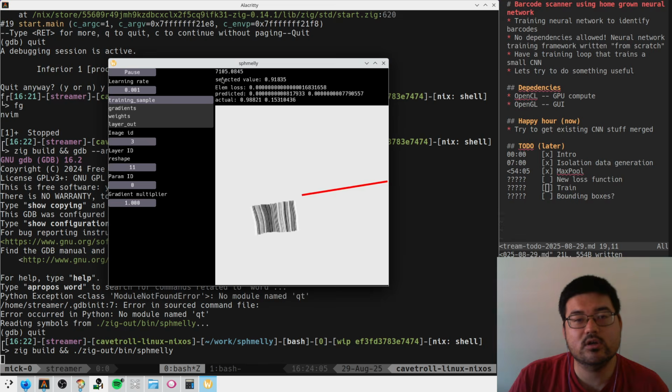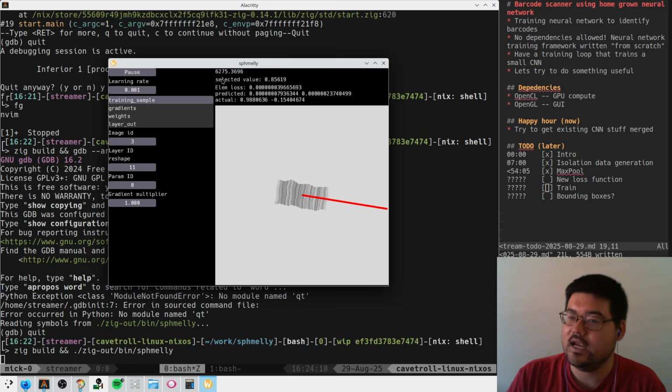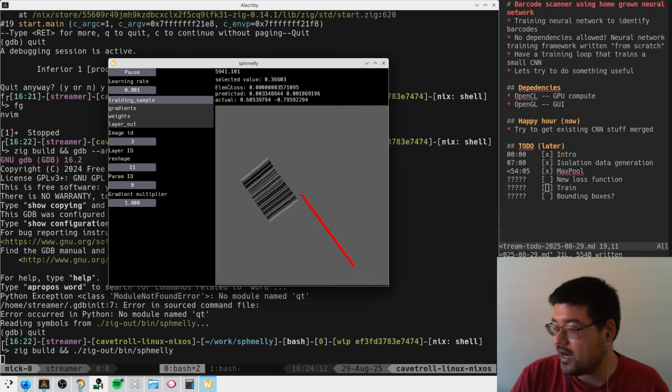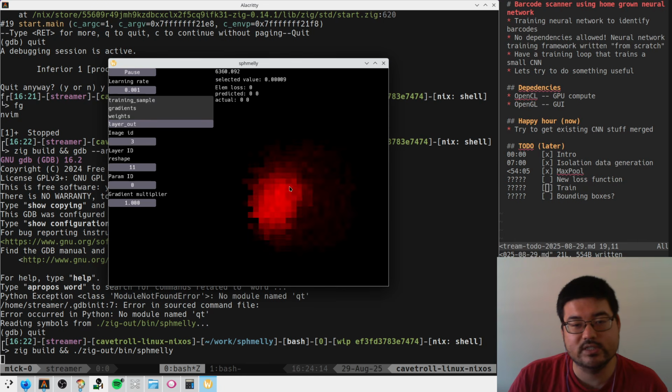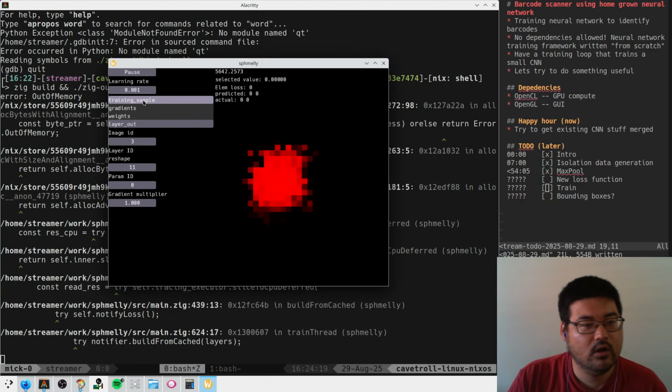So it does look like the training data here is correct, right? We're starting to see this start to resemble this. And what's actually kind of fun now is also, oh